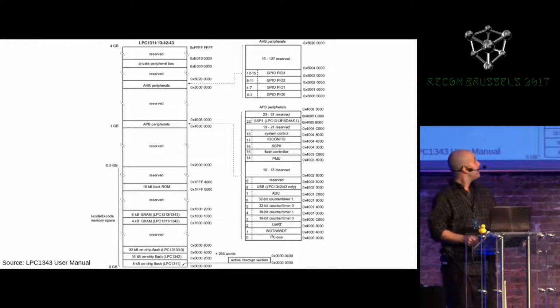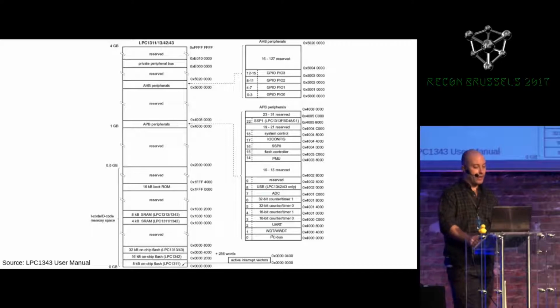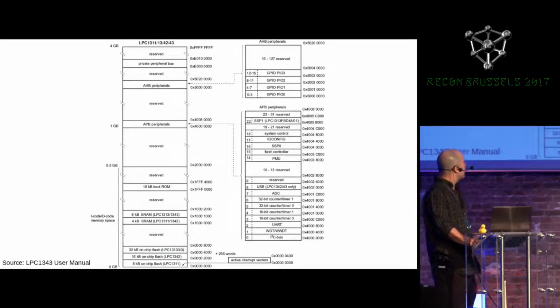This is the memory map of one of the parts. This is for the LPC 1343 chip. The other members of the family are quite similar as far as the memory layout. Some blocks might be moved around. We can see that the flash starts at address 0, and they also list where the boot ROM is, starting